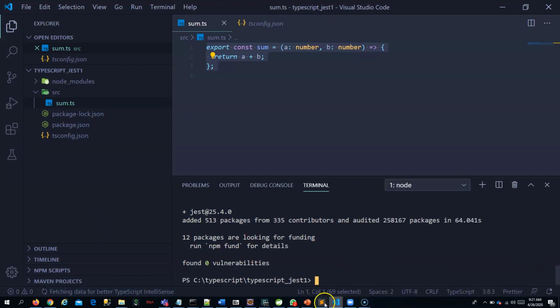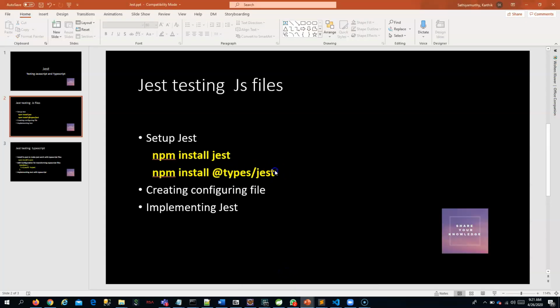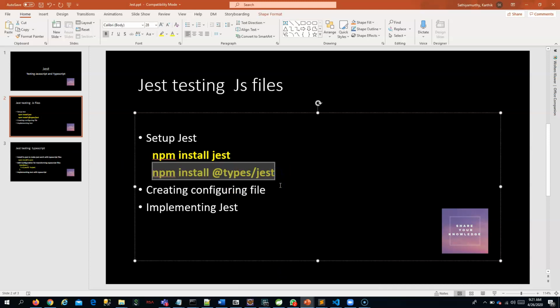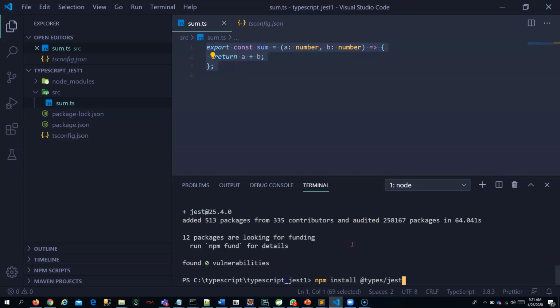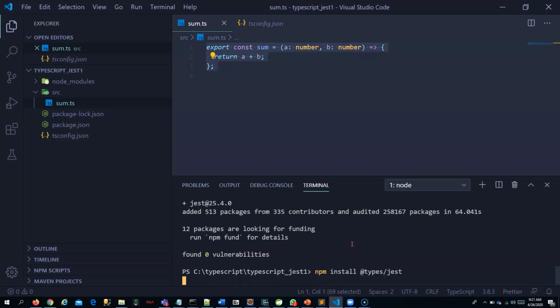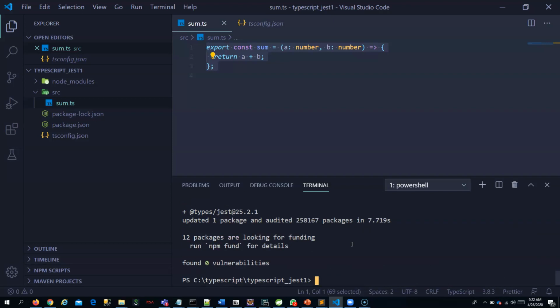So let's proceed to installing this as well. So this one, npm install types Jest. You install this also, so that you get all the types available in Jest, which all are exported. So this is also installed for me now.